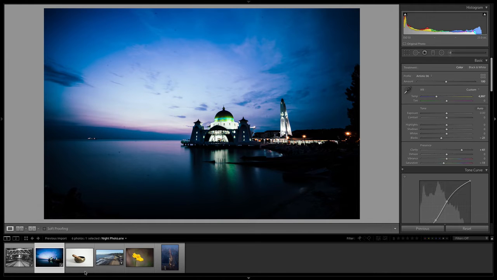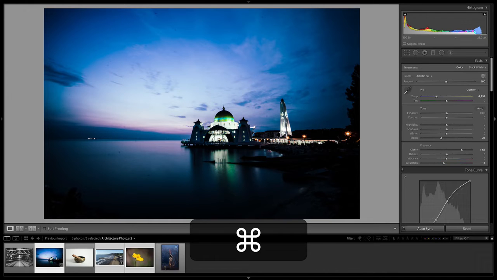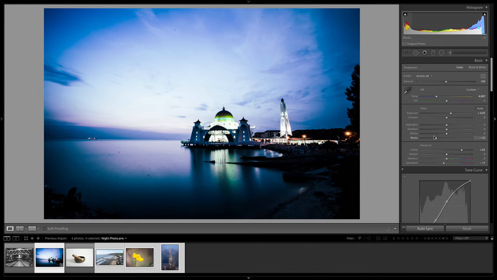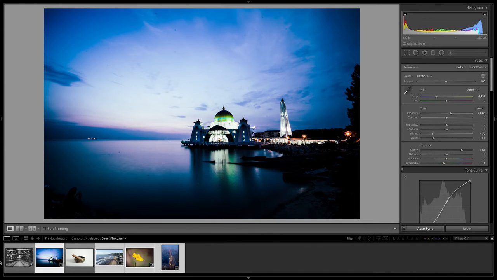Another cool tool is the auto sync feature, which allows you to edit multiple photos at the exact same time. So first you want to select the photo you want to edit, then select any other number of photos. So we're going to select these 4. Now we have this auto sync option. If you see the sync button, click this toggle right there to turn it on to auto sync. Now whatever we do in this basic settings panel will actually apply to the rest of the photos.